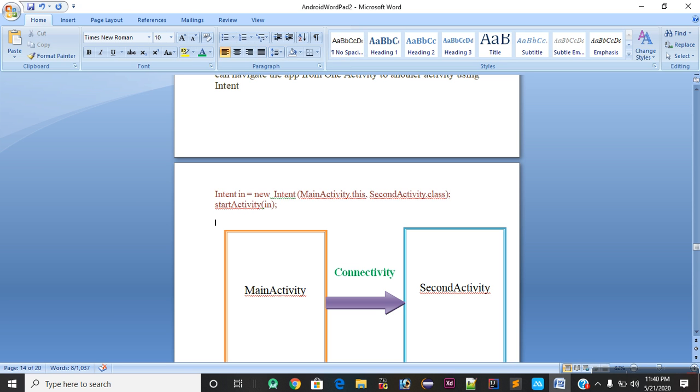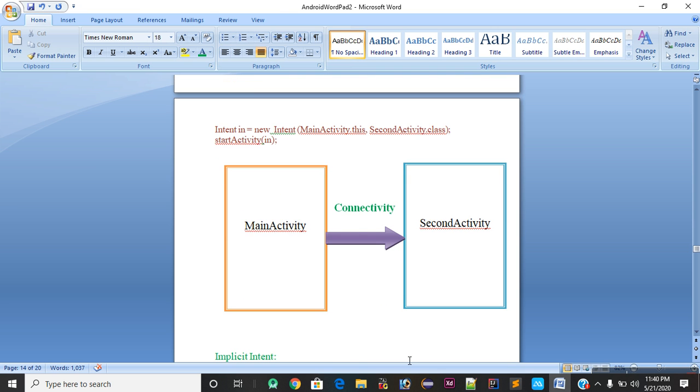So now, I have a main activity, guys, and I want to go to the second activity. I will call this method and write it inside the view listener. For example, assume I have a view listener, and in this activity I have lots of different types of data set on the view.